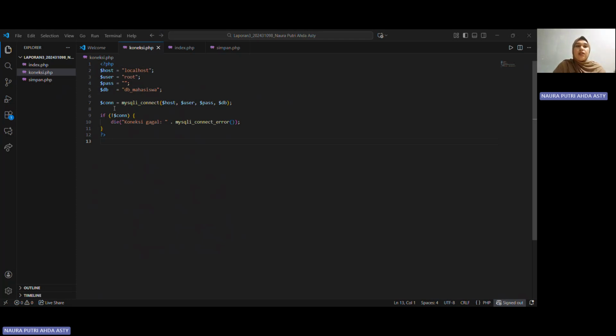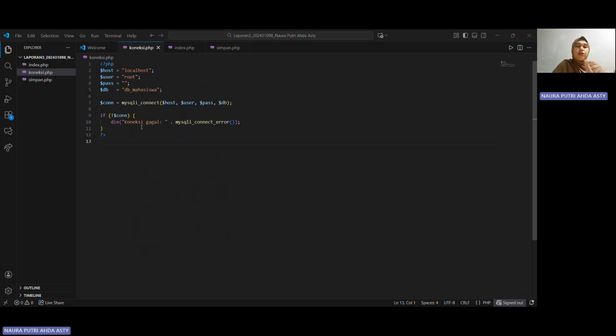And then this one, $con, is to connect all of the database and the variables. After that, this one will check if the connection fails.